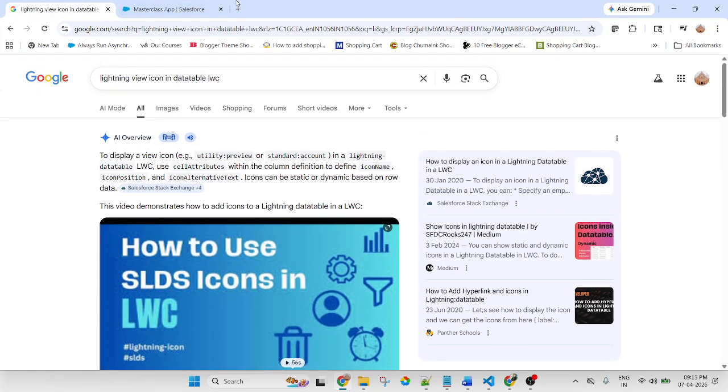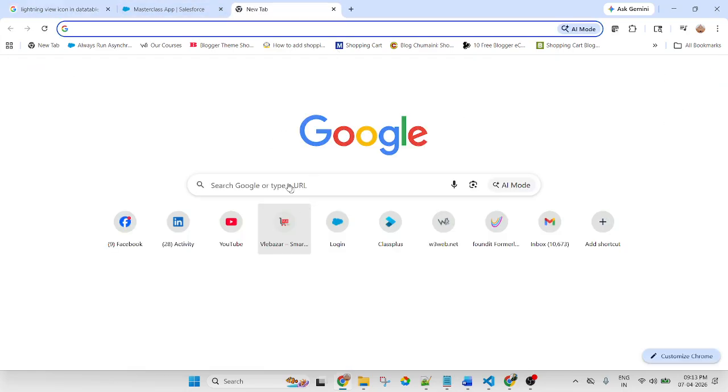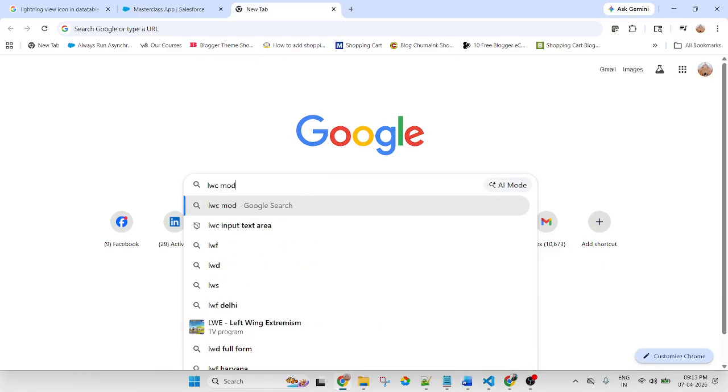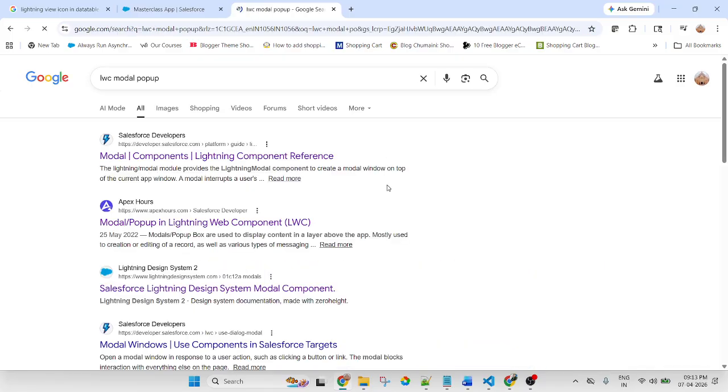Now let me search modal pop-up. We need not copy each and everything, we will copy only the icon. Let me open this one.